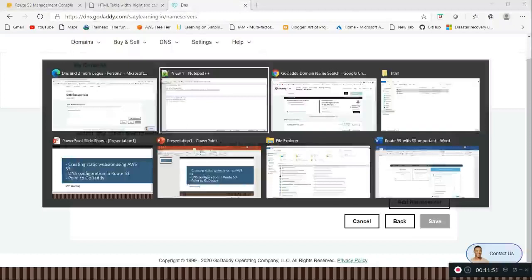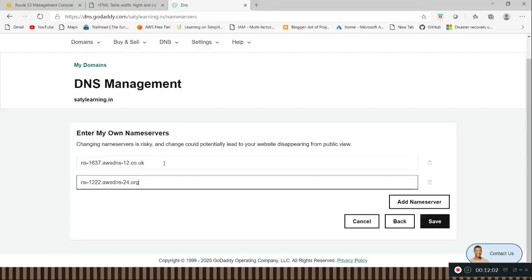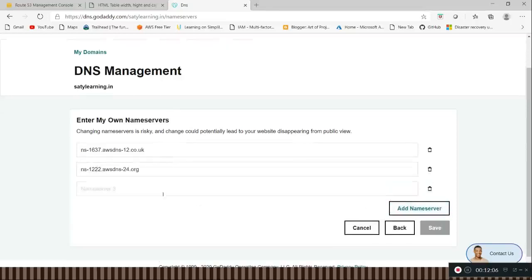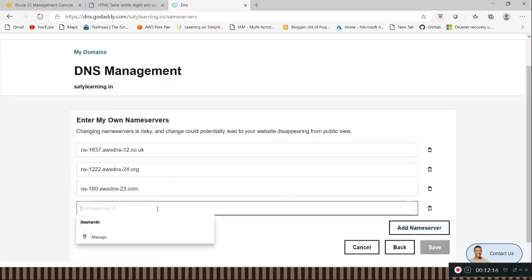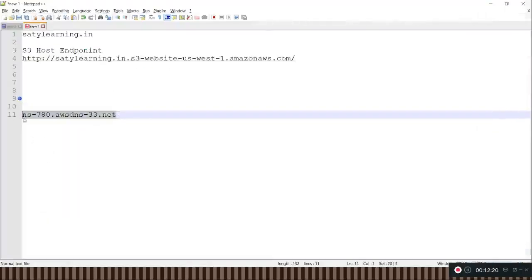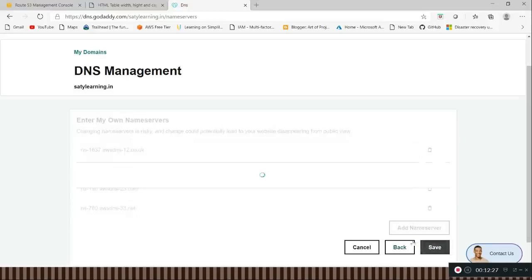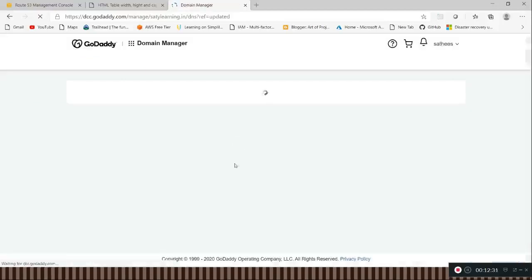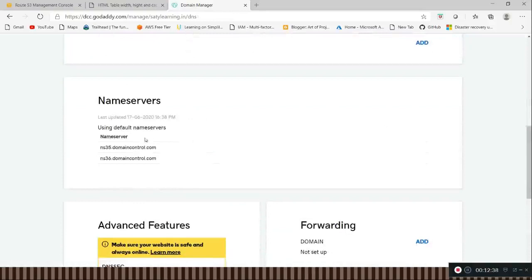Name server 1, next name server 2, adding one more, adding the last one, and save. So it's done, name server is done.